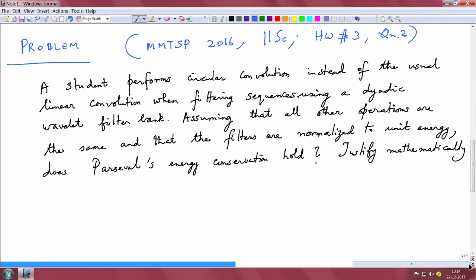Somebody wants to experiment with circular convolution instead of linear convolution, and there are some advantages of doing circular convolution, because if you do linear convolution, every time the sequences at the output go with increasing length because of the convolution process. So, somebody tried this experiment, and you want to check if this result is